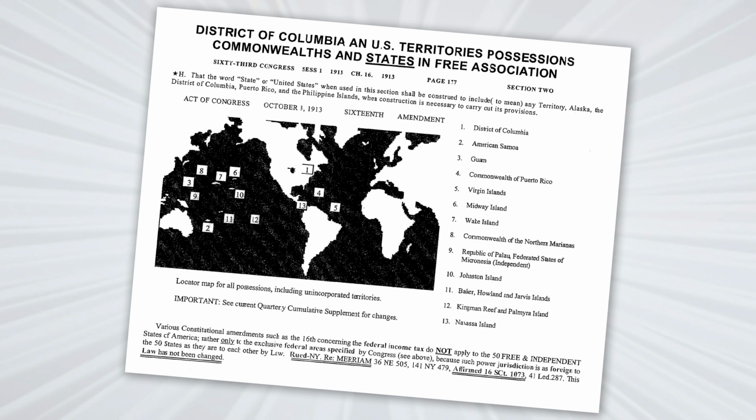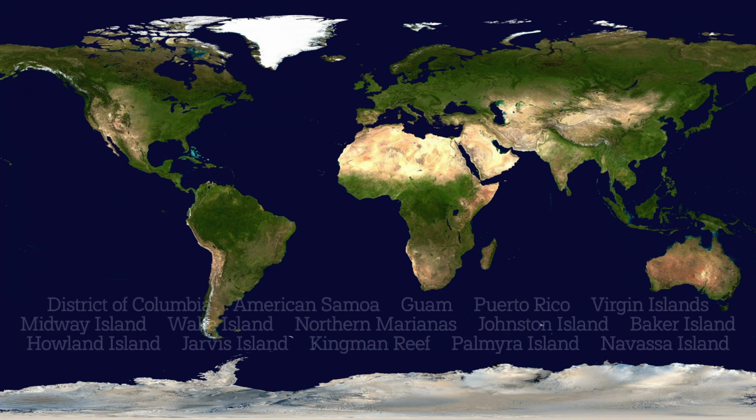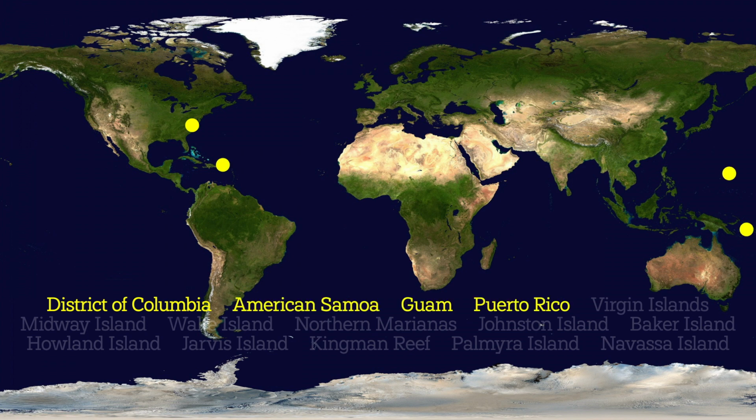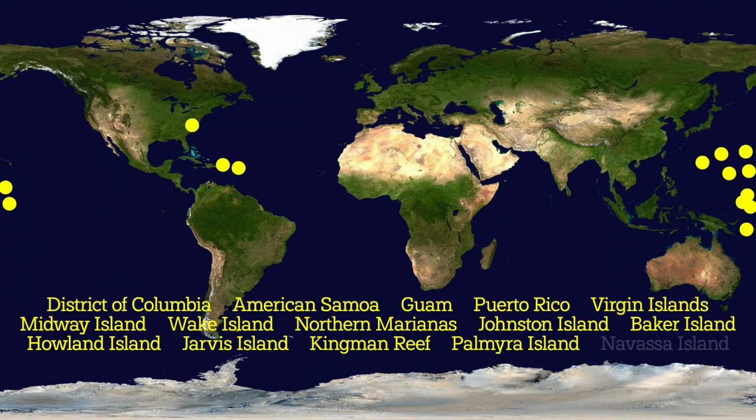At the time, Alaska was a territory and did not gain statehood until 1959. Also, the Philippine Islands, the Marshall Islands, Palau, and Micronesia later gained independence. Here is a list of territories under the exclusive jurisdiction of the U.S. Congress: the District of Columbia, American Samoa, Guam, the Commonwealth of Puerto Rico, the Virgin Islands, Midway Island, Wake Island, the Commonwealth of the Northern Marianas, Johnston Island, Baker Island, Howland Island, Jarvis Island, Kingman Reef, Palmyra Island, and Navassa